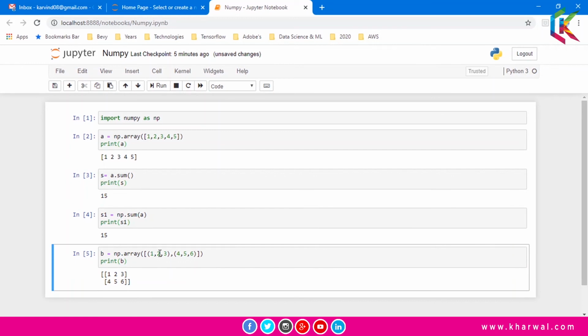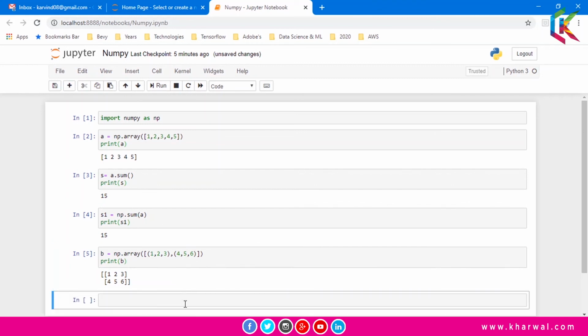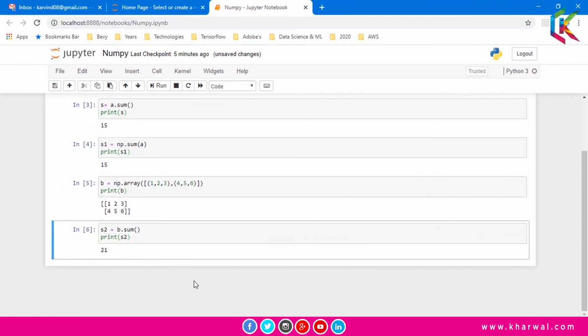So basically it is a two-dimensional array of 2 cross 3, and now I'm going to find out the sum of all these elements using the sum function. So let's use the sum function on array B. Now if I run this script, it will give you 21. So the sum of all the elements from the array B is 21.